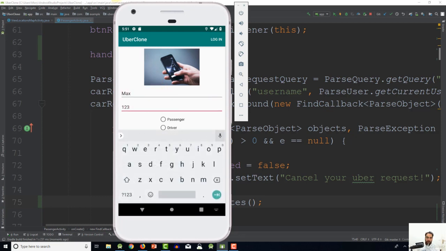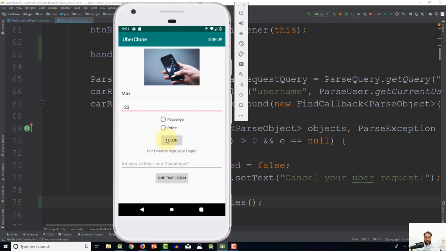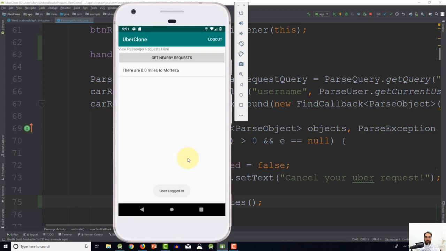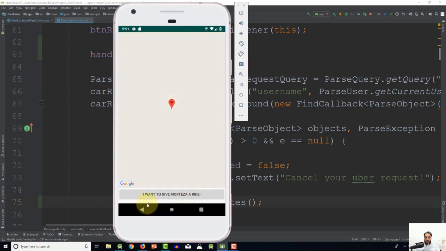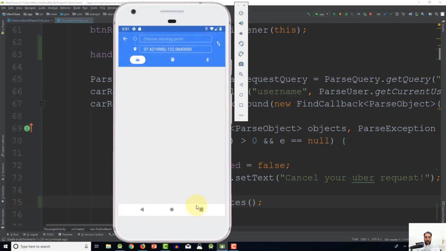1, 2, 3. Let's change the state to log in and then click on log in. Now I'm going to click on this button. Here it is, the request from Morteza. So now I'm going to click on this item and then I want to give Morteza a ride. So now I can just click on back,